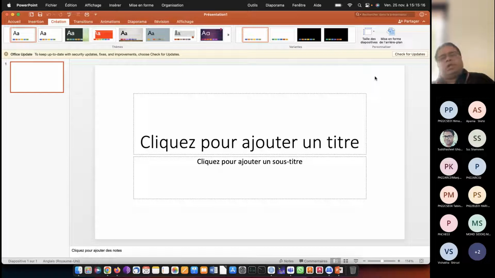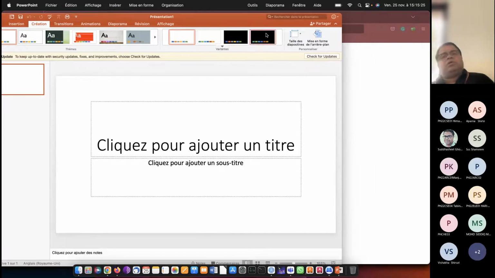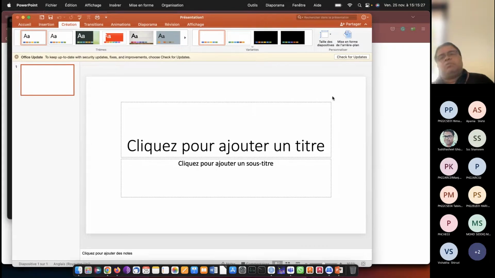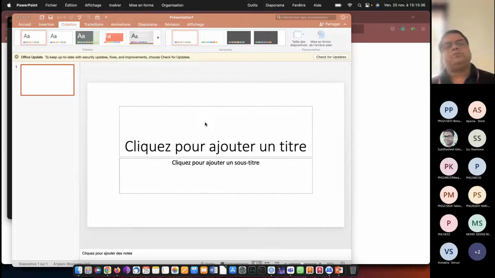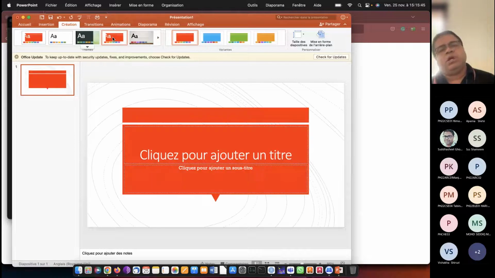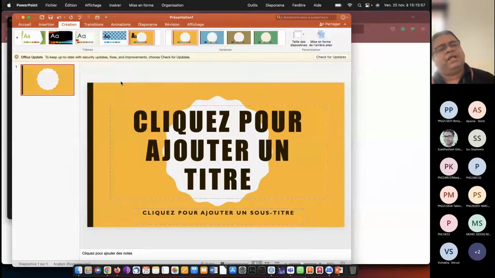Anyway, so what I am trying to do here is, okay, let me, for the sake of convenience, reduce the size of this window if I can, so that you can see it carefully and properly. There you are. So this is how the system looks like. What I want to do now is develop. If I select any of these templates, like for example this one, it will add several artifacts into your presentation. If I do that, any of these, like for example this one, okay, it looks like a nice one, but